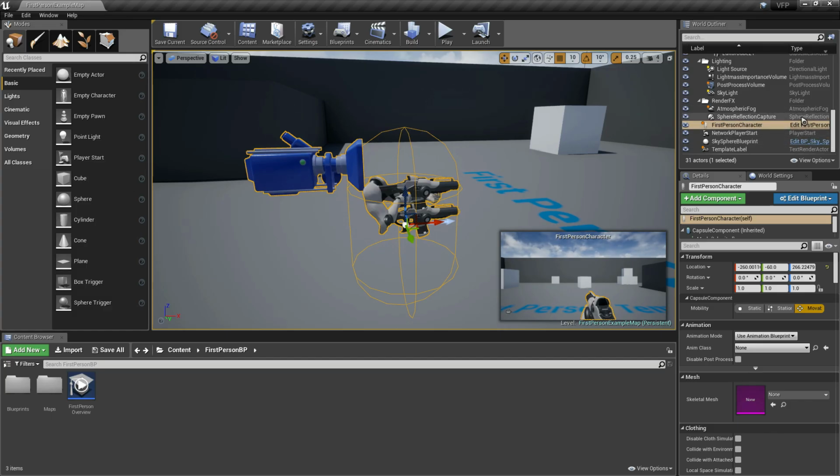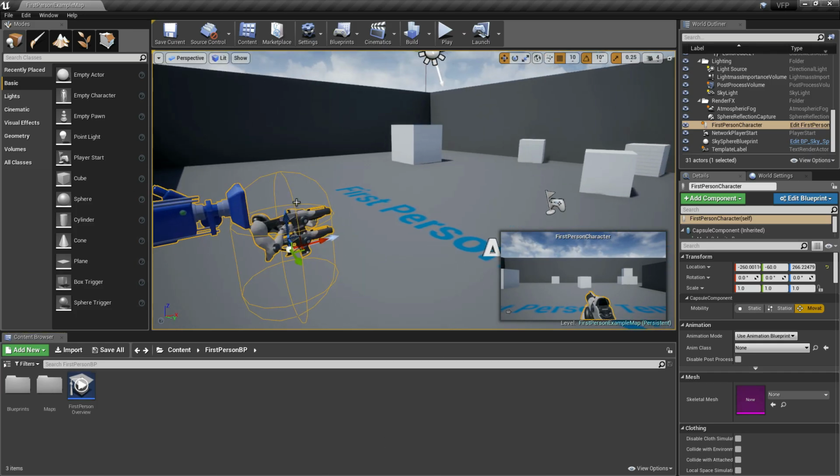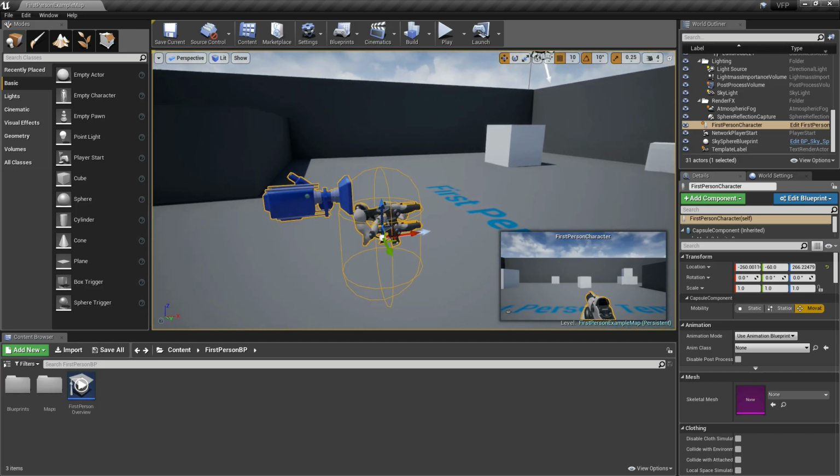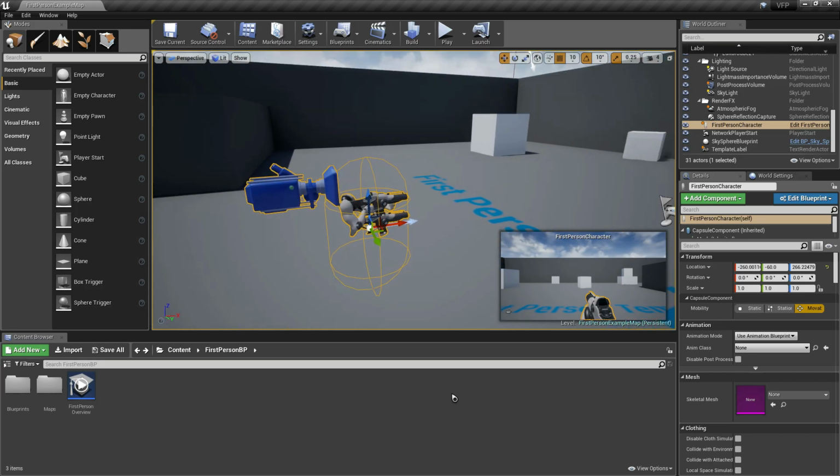Either you select the actor in the World Outliner in the upper right corner of the Unreal Engine, or you can search the blueprint in the Content Browser, which is located below the Unreal Engine interface, or just select the visible actor in the viewport in the middle of the user interface. But mostly, I prefer the World Outliner or the Content Browser.